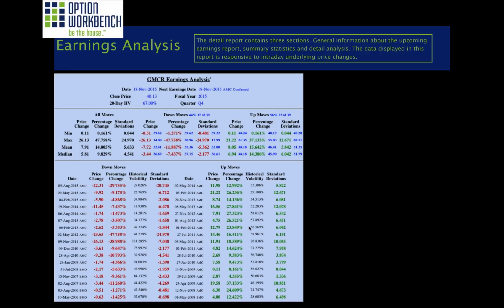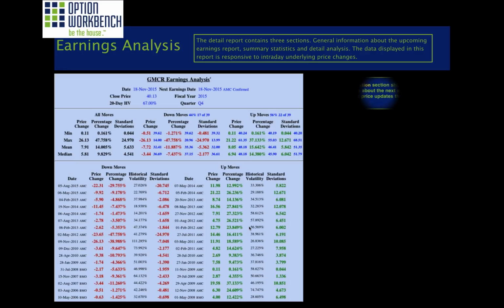Now, for anybody who's familiar with statistics, a 20 standard deviation change should really never happen in the lifetime of the universe. But stock prices frequently do that. In fact, the one that we're looking at, Green Mountain Coffee, has done that a couple of times in the last couple of years due to earnings announcements.